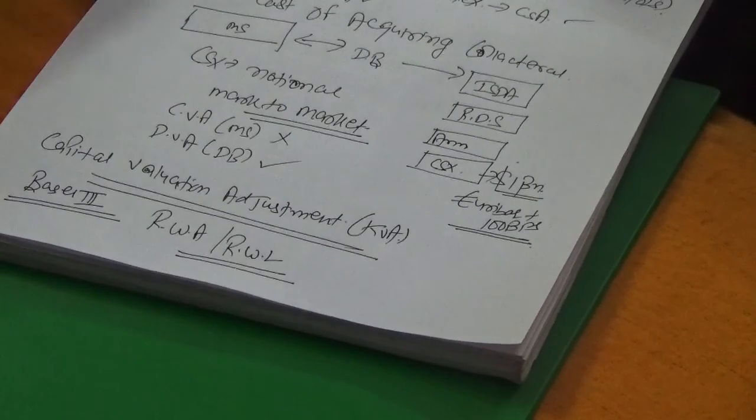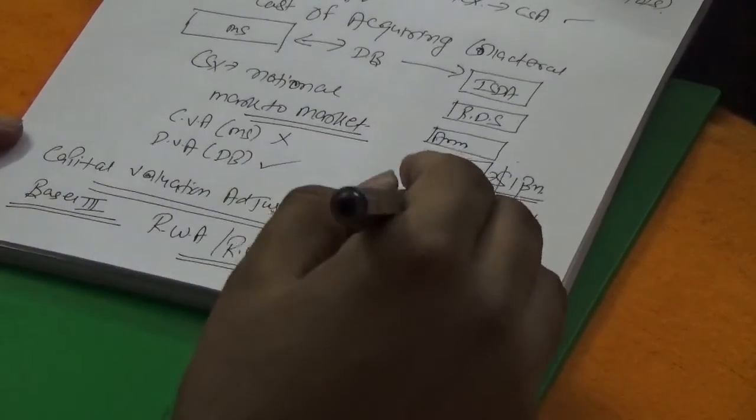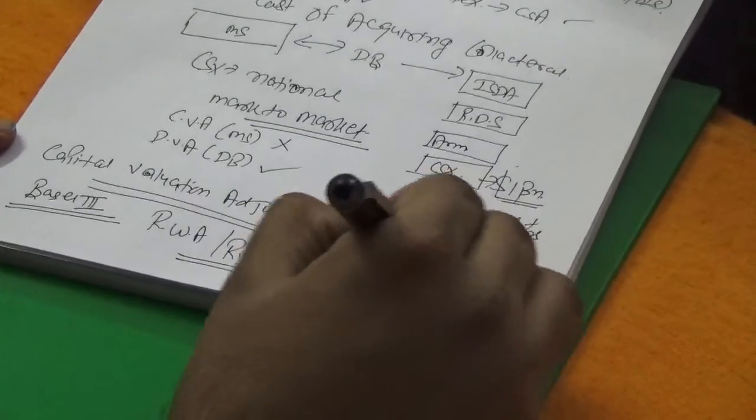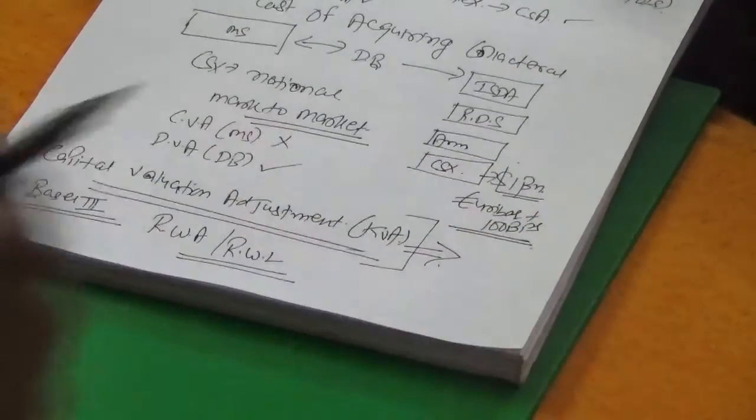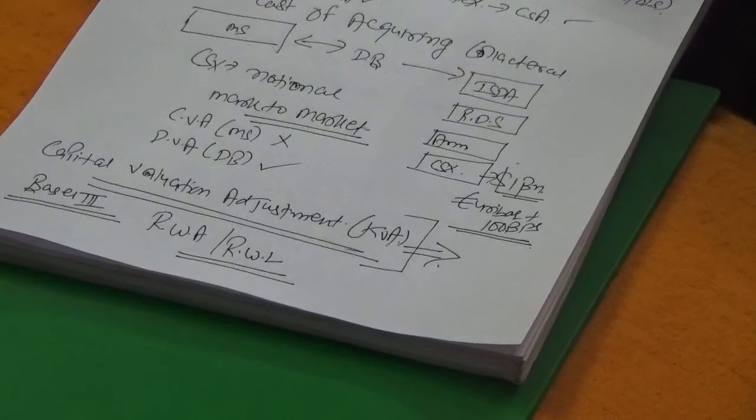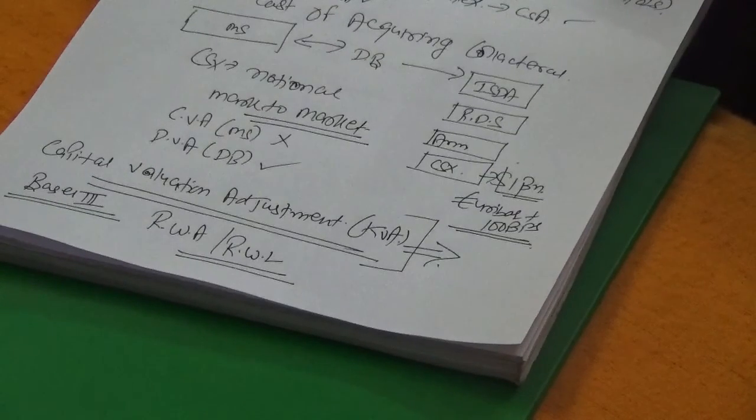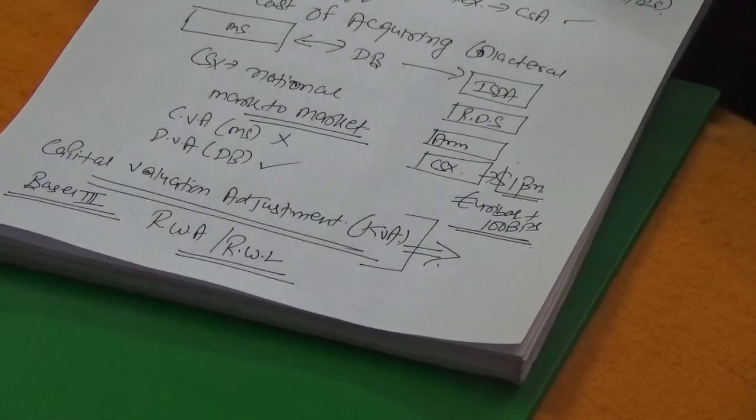So what would happen? You have a cost of maintaining the capital as per the regulator, and this cost is going to be charged to exporters and importers. This is my personal opinion, and I'm not sure whether the banks are following this or not. I think CVA is not only very difficult but also easy. Difficult in the sense that